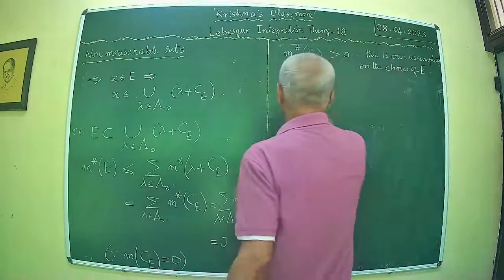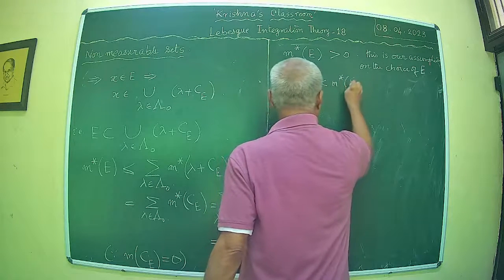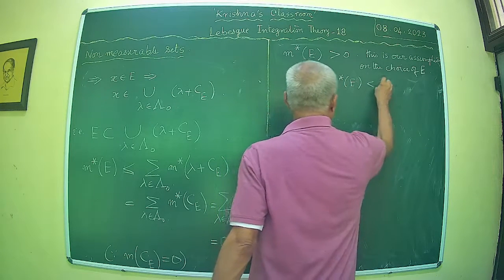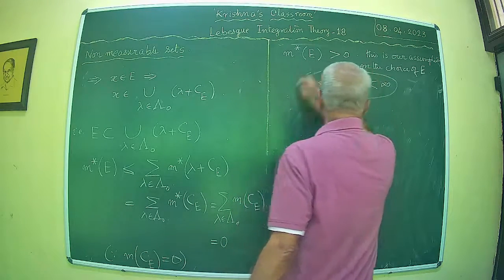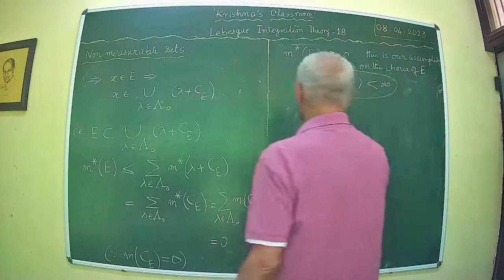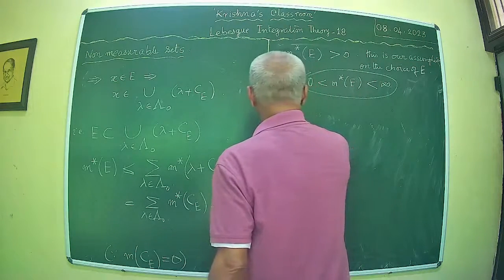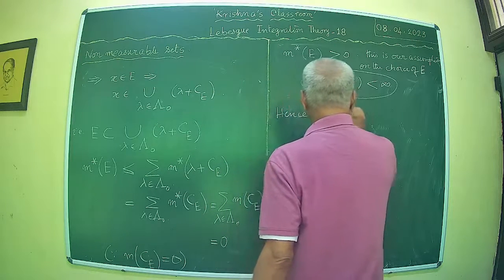So this is what we have: 0 less than m star of E less than infinity. This is what we have chosen. This is the choice set. Okay. Hence this contradicts